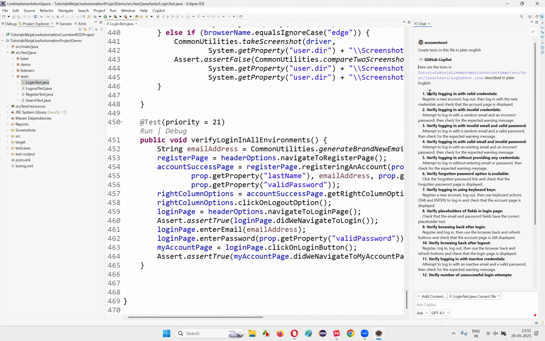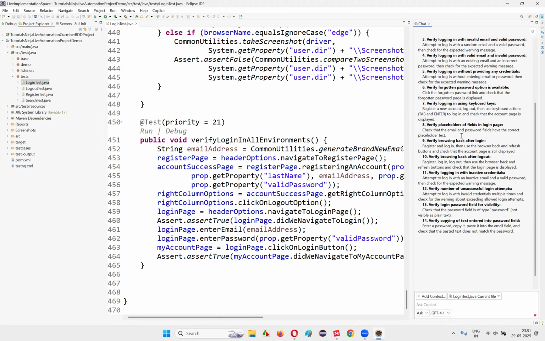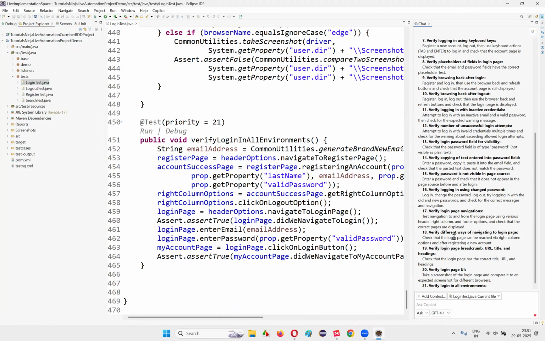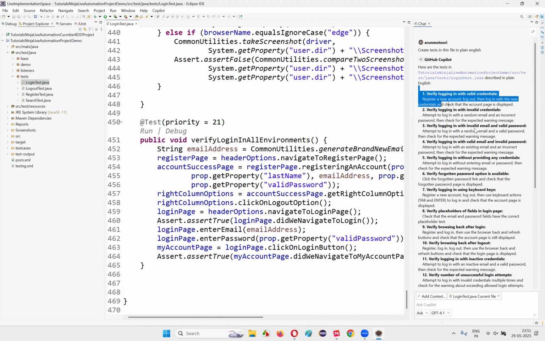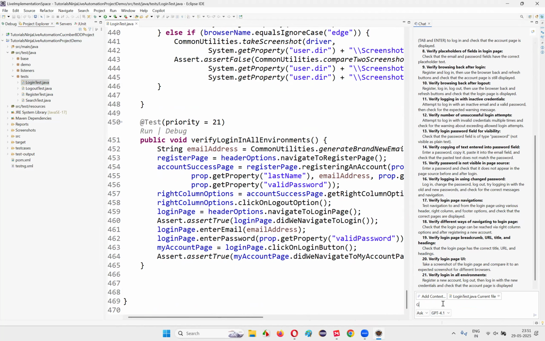You see, this is one test case. All the test cases it is giving me. Okay, like that it is giving all the test cases. I can copy paste. Okay, so give test cases in